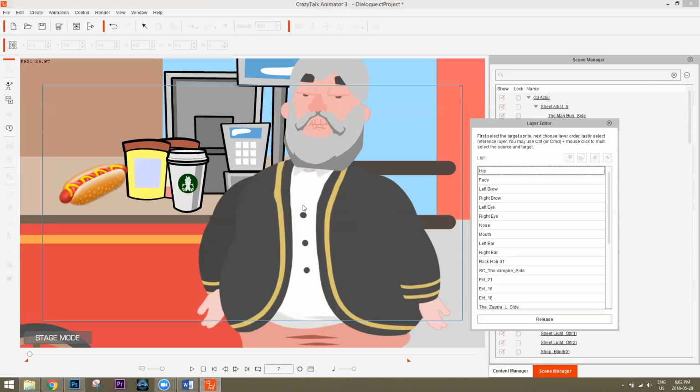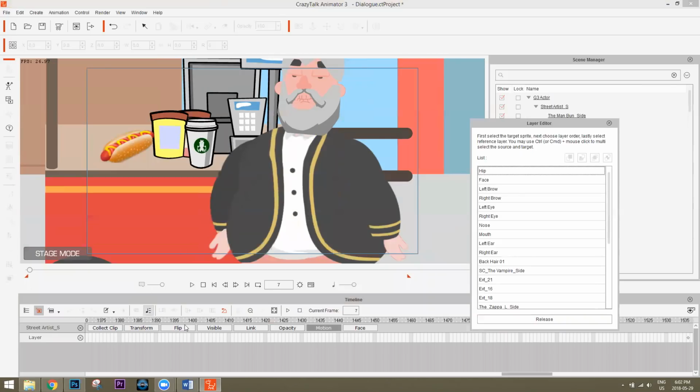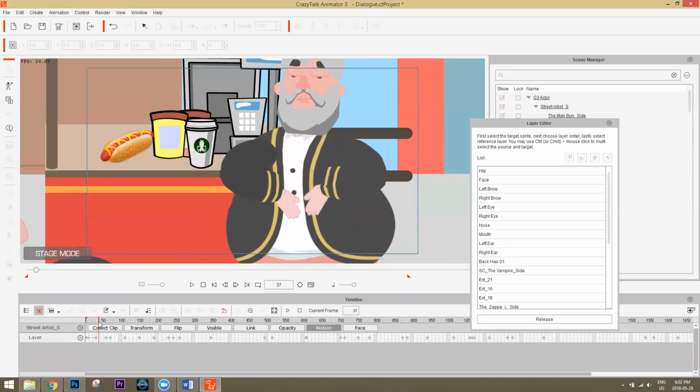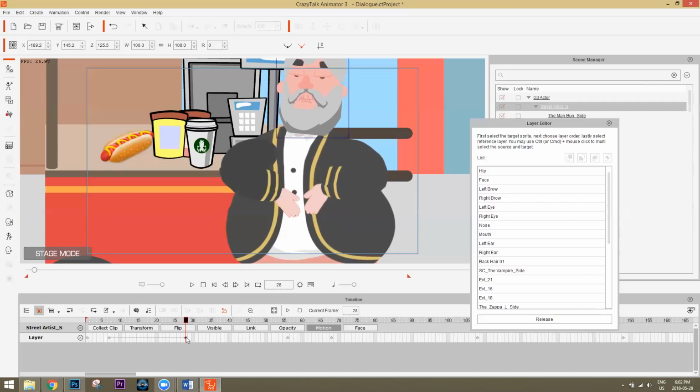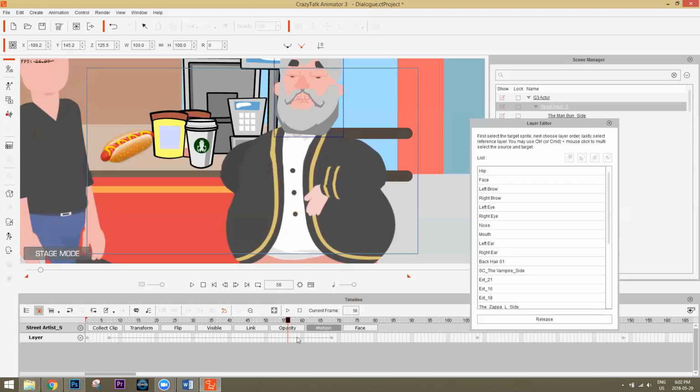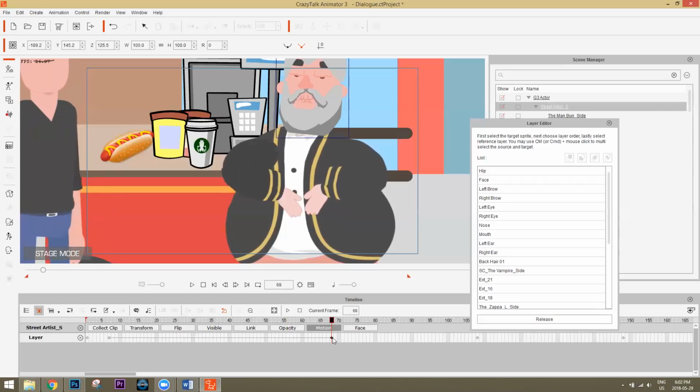Now with the layer editor, if we press F3 and go into the timeline, you'll have a layer track that'll open up under the motion group of tracks. You'll notice that there are keyframes in the layer track as well. So here it'll go below. Basically every time here, you'll have to adjust the layer position for this character. You'll see it just switches over like that. If we click that and delete that, maybe it'll get the back. And here, do the same thing: delete that and delete that.